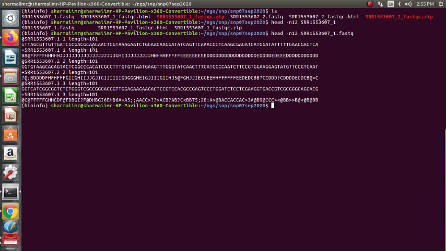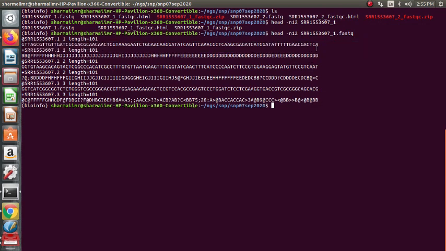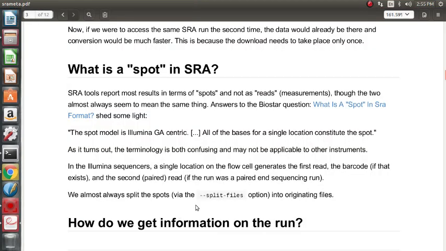So we can count two ways. We can count horizontally the number of reads. Vertically, we can count the number of spots. So the spot is a particular position. What are the bases? That's just the number of spots. So whether we count the number of rows in terms of reads or the number of columns in terms of spots, it's the same. But if you count the number of rows, we are counting in a sequence-centric way. If you are counting the number of spots, we are counting bases. Okay, so the spot concept is also simple.